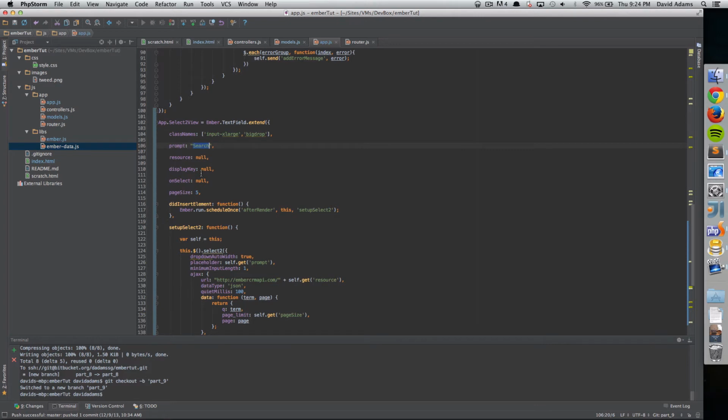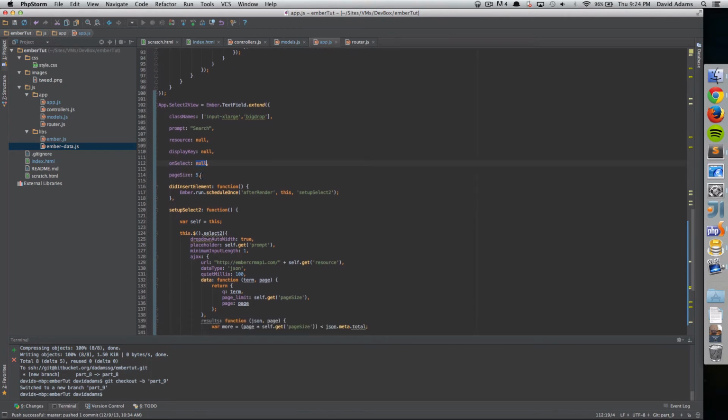So I'm defaulting it to search, and then I'm setting each of these to null because I want to always have myself or another developer fill those out in the template. So in this case, resource will get set to companies, display key will get set to name, on select will get set to set company,